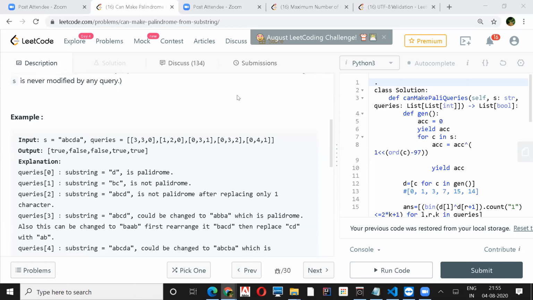We don't need to differentiate between even and odd length. In even length, you can have only zero odd counts; in odd length, we can have one element with an odd count. So either zero odd count or one odd count.